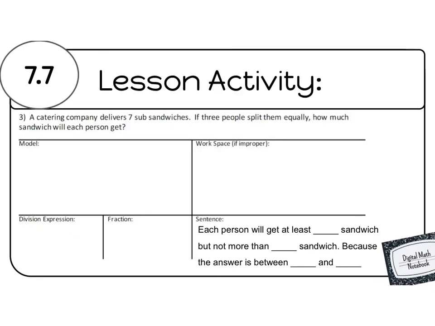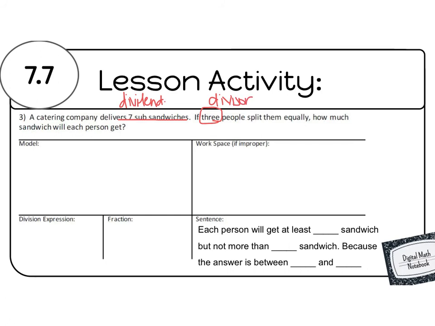Time for our lesson activity. In our lesson activity, we're going to complete another problem where we're dividing a whole number by a whole number, but getting a fractional answer. Let's start it together. A catering company delivers 7 sub sandwiches. So there's our dividend. That's the thing that we're going to split up. 3 people share them equally. How much sandwich will each person get? So this one is going to be our dividend. And 3 people share them. That will be our